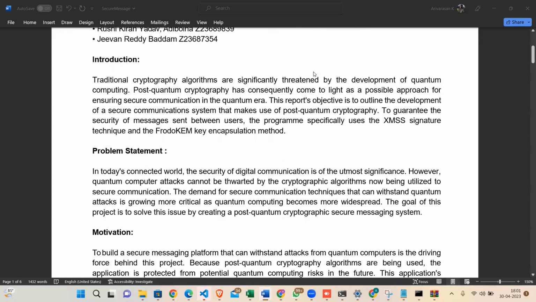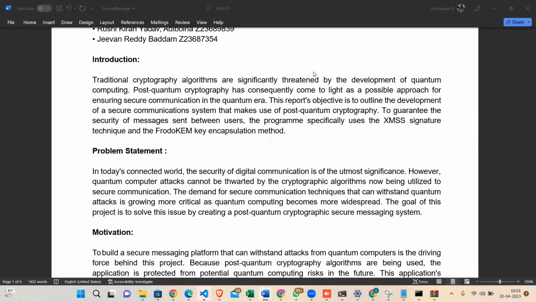Here is the problem statement. In this project the aim is to develop a secure messaging system using post-quantum cryptography to address the security concerns of digital communications in the age of quantum computing. The proposed system employs the XMSS signature technique and the Frodo key encapsulation method to ensure message security between users.